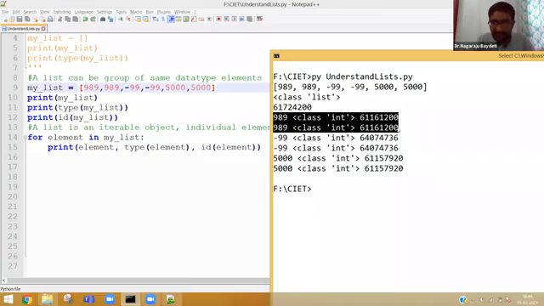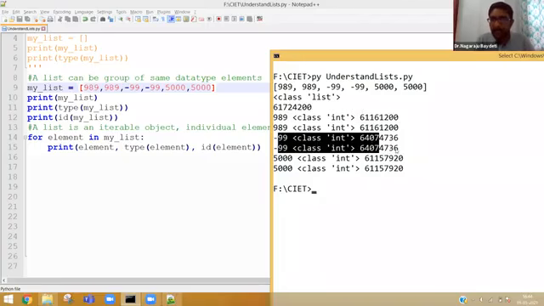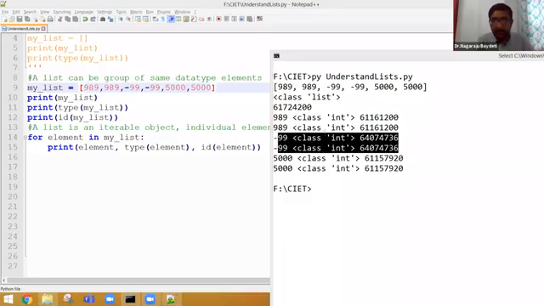Because its locations are the same. Minus 99, even though it looks like it is also cached. Okay, so let me try to highlight and explain the hidden concept here. These two look like they are sharing the same location, correct? Even these two, and also the last two, right?